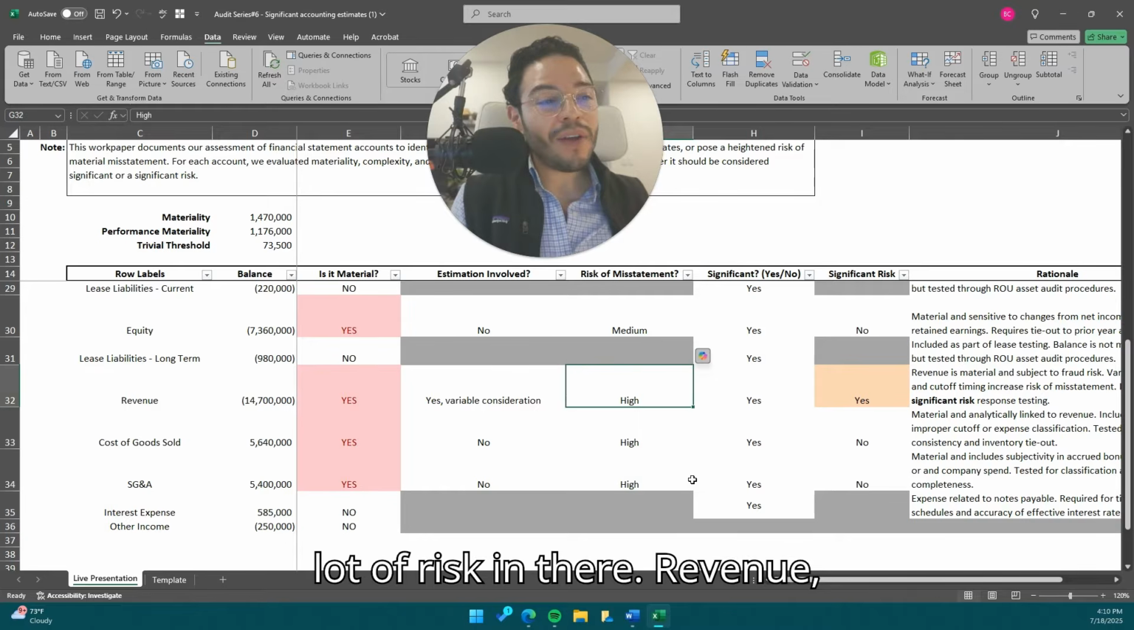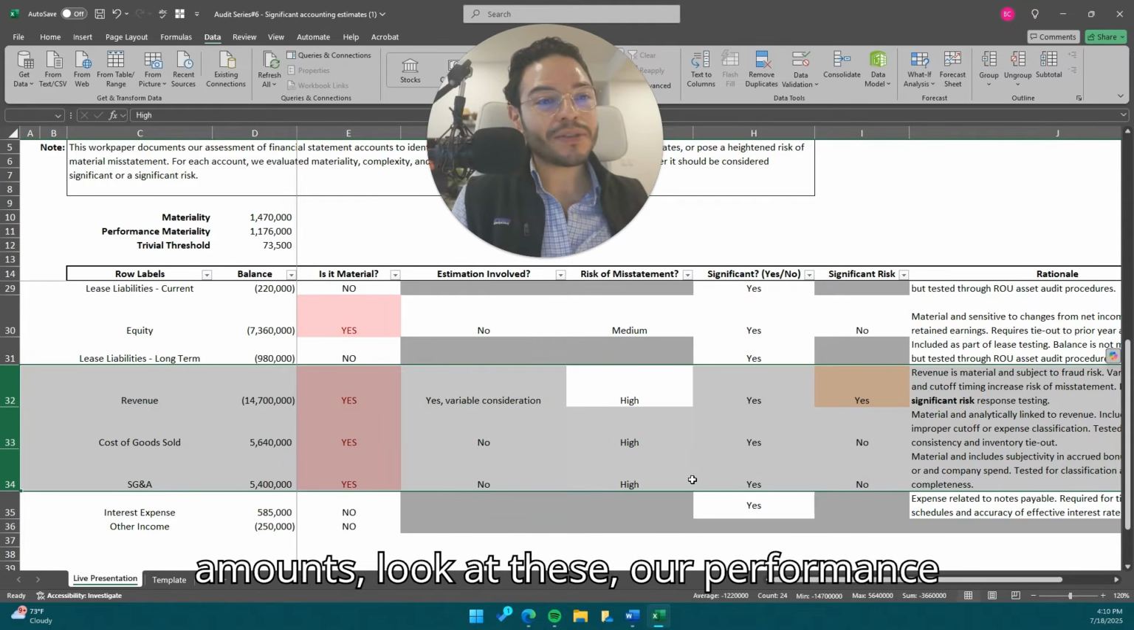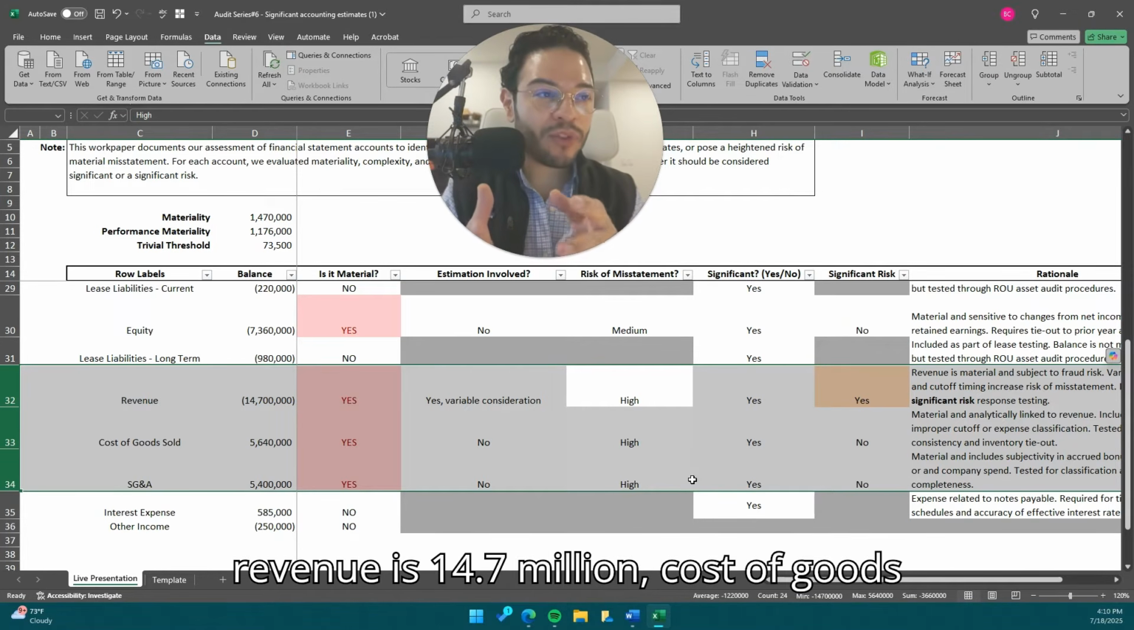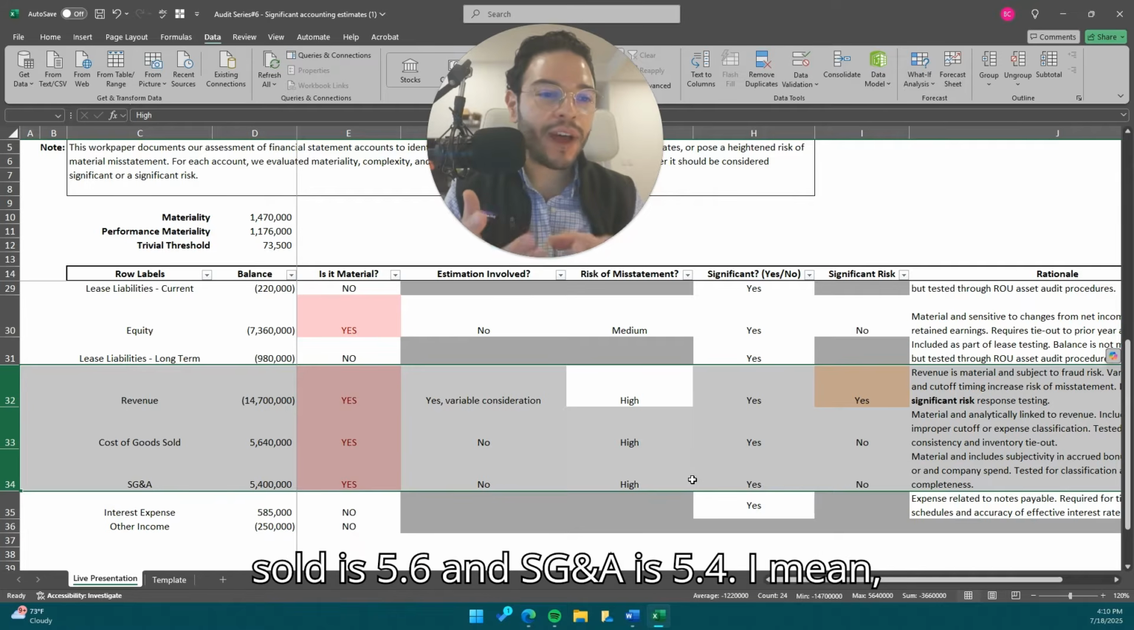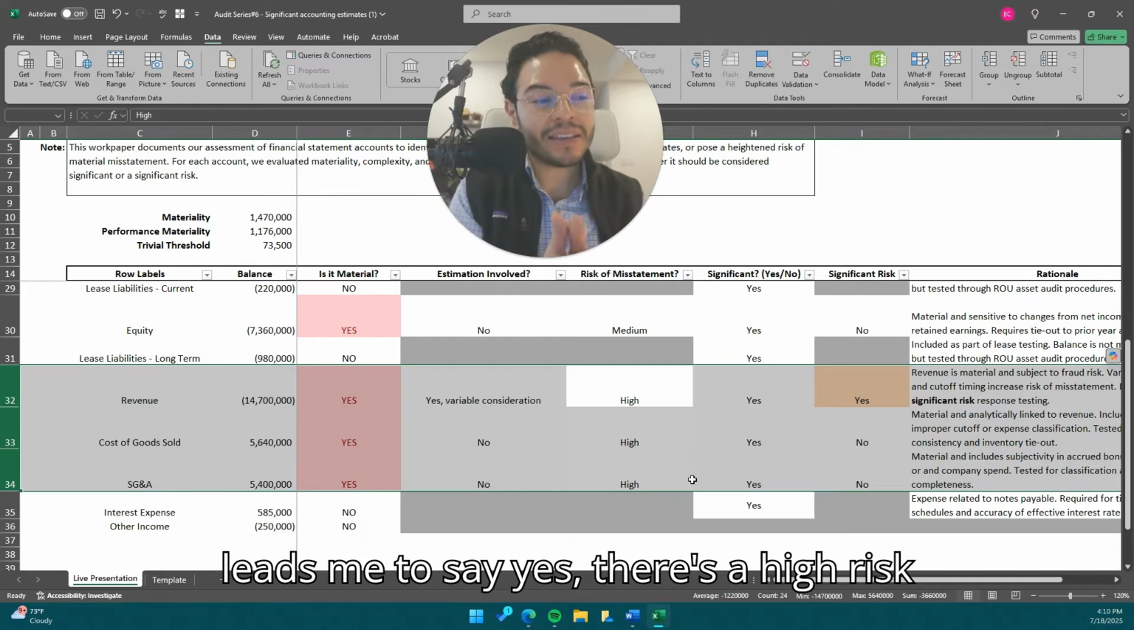Okay, revenue, cost of goods sold, and SG&A. I would say that's high given the dollar amounts, look at these. Our performance materiality is 1.1 million and our revenue is 14.7 million. Cost of goods sold is 5.6 and SG&A is 5.4. Just the sheer dollar value of these leads me to say, yes, there is a high risk